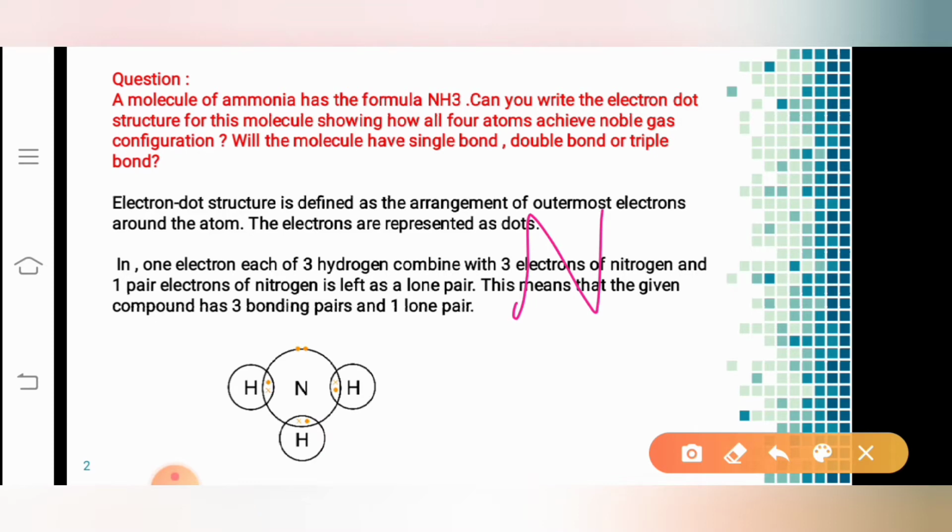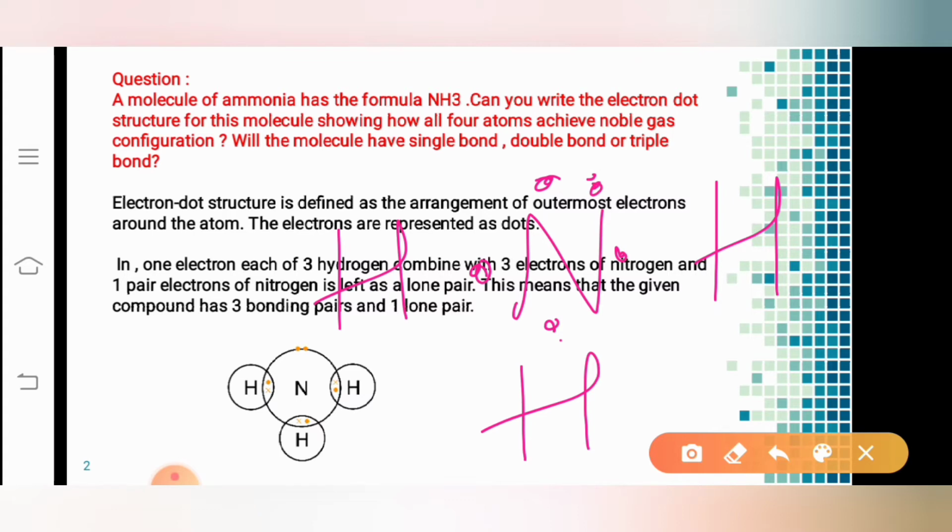We know that there are 4 atoms, that is 1 atom of nitrogen, as well as 3 atoms of hydrogen which are surrounded by nitrogen. Correct? So what is the number of valence electrons present on the nitrogen? There are 5 valence electrons. Let me focus the electrons, that is 3 electrons towards 3 hydrogen, because now nitrogen has to create a bond with the hydrogen. So another 1, 2, 3 over, next 4, 5. Totally 5 valence electrons are there on the nitrogen. Followed by hydrogen. Hydrogen has a single valence electron, correct? That is 1, 2 and 3. So we have written the electron dot structure.